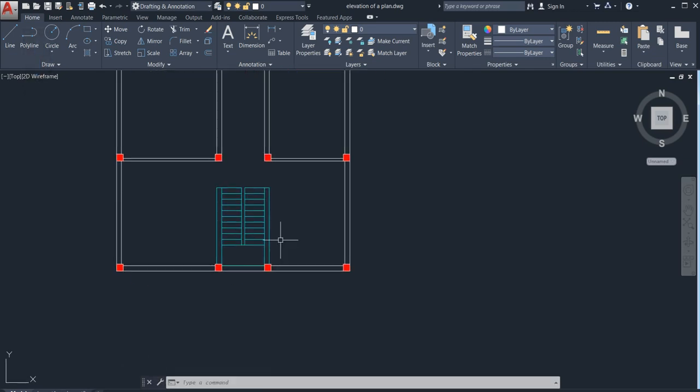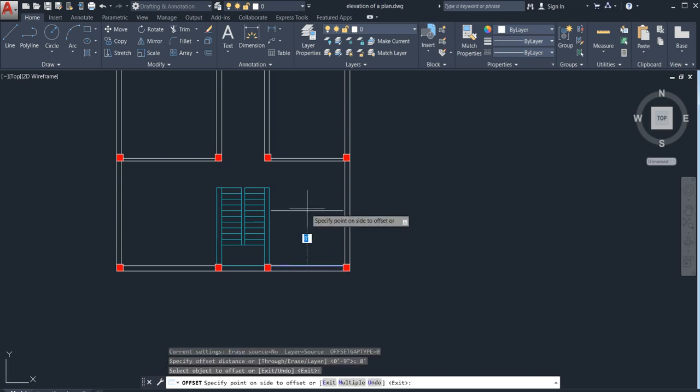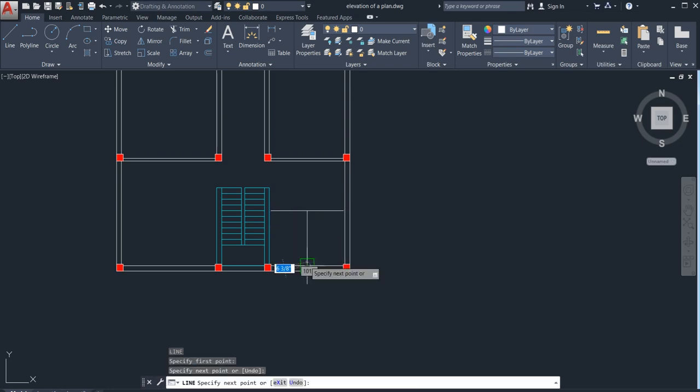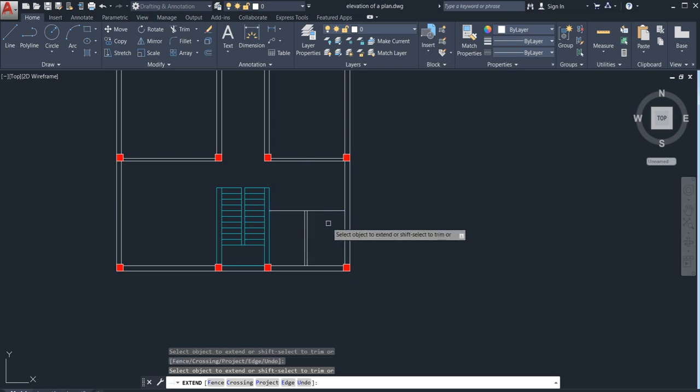After all, just go for offset command of 6, go for 8 feet, right? Just go and click it here, escape it. Now go for line command in the middle, just select it, go for offset command of 4.5 inches, just do here only, escape it, go for ex, double enter, just select both sides, escape it, again go for offset command with the help of 4.5 inches, go towards upward, escape it.